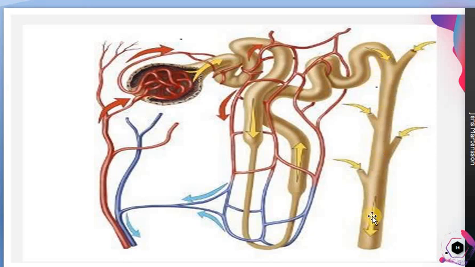And what is this thing? This tubule is known as the collecting duct. This will be receiving urine from a lot of nephrons. Here another nephron will be, here another nephron, here another nephron. So you have a lot of nephrons connected in this common duct. This is the collecting duct. Okay, so what are the parts of a nephron?